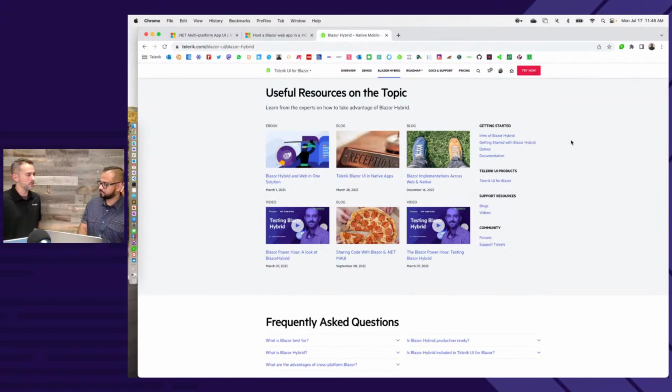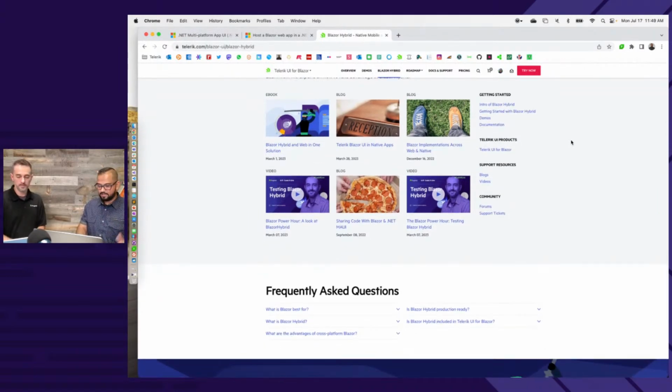And that means if you run into some sort of issue, whether you can't get something working or you're wondering if it's because it's a hybrid app, you can ping support because it's supported now. You can issue a support ticket, they can ping you back and say, this needs to be configured a certain way or whatever it is. This is big because we spent a lot of time getting this done right so that if you are using Blazor outside of web, now you have official support from us. Our engineers will get back to you if you are having any issues.